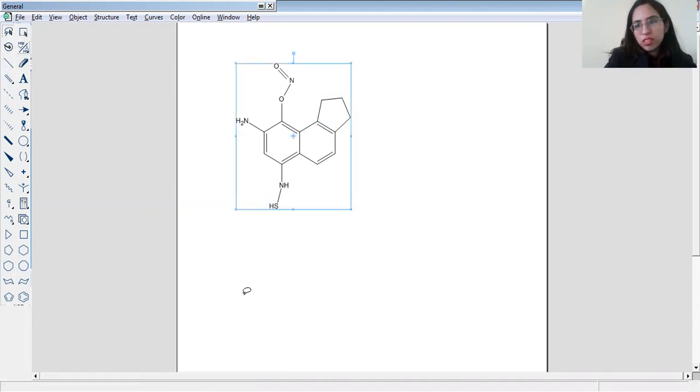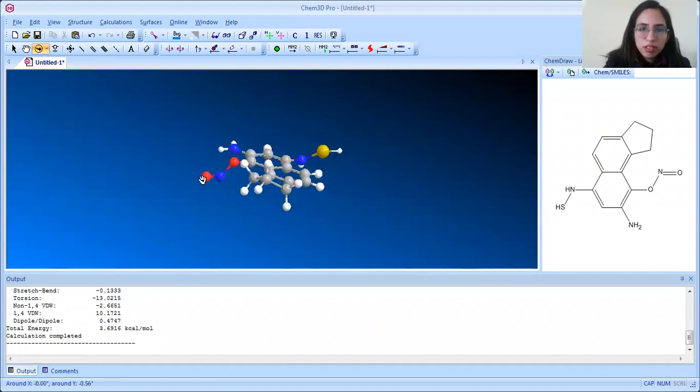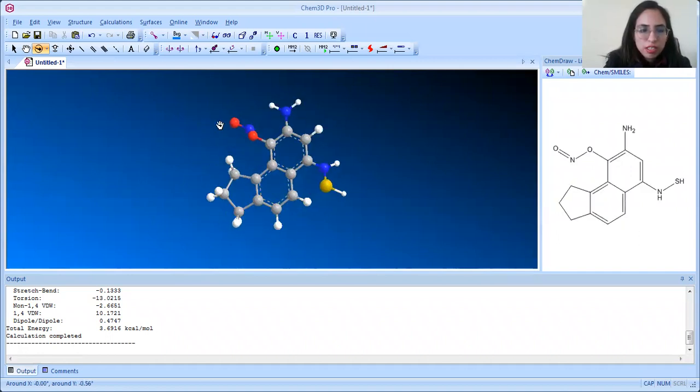We will try with this compound. Okay, you can see, sorry. You can see this is a 2D structure and this is a 3D structure. Yeah, and we select it.